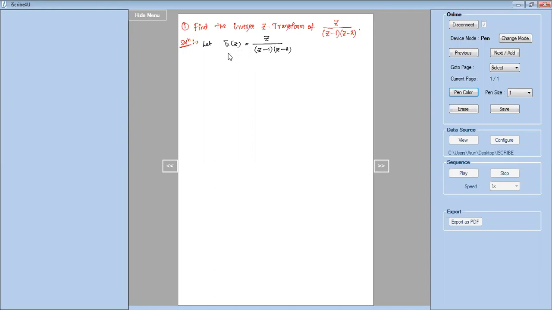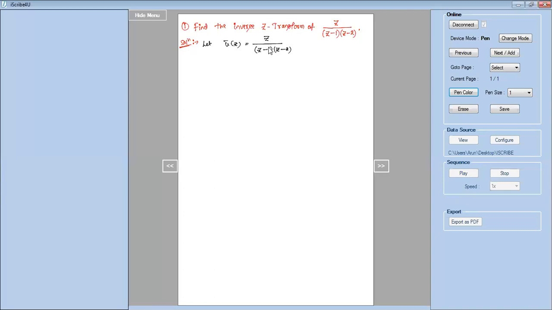You can observe that according to step 1 of your working rule, the given function u bar of Z will be in the form f of Z divided by g of Z. So you can observe, this is f of Z, this is g of Z. There is a ratio. So every problem of your inverse Z transform will be in this form, a ratio like this. Now what we have to do in step 1?